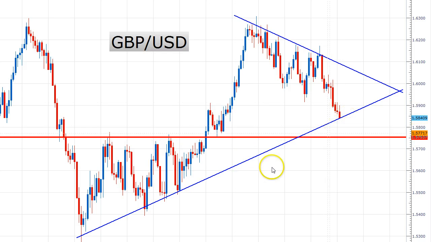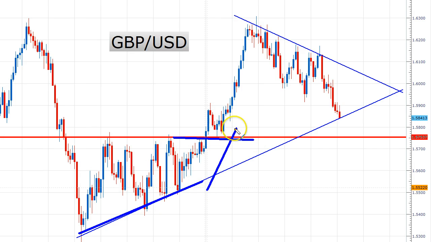Now that might not have a lot of authority, considering that the main thing during this up move here was that it was approaching this key level, and it already broke through there. So because of that, that might take away from the validity of this trend. But it's good to notice nonetheless that that's there, that oftentimes these trend lines from who knows how long ago come right back into play when you least expect it.